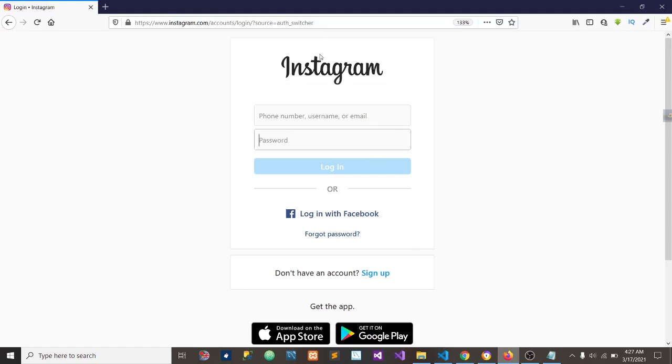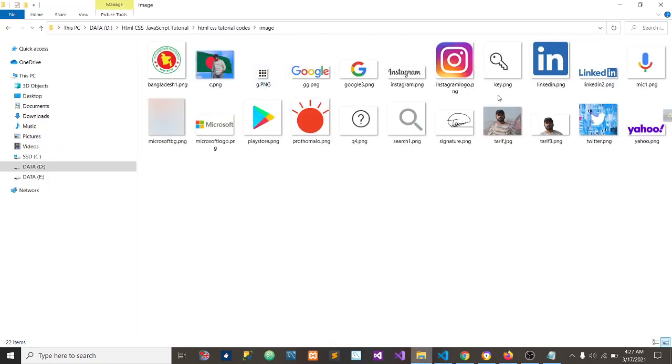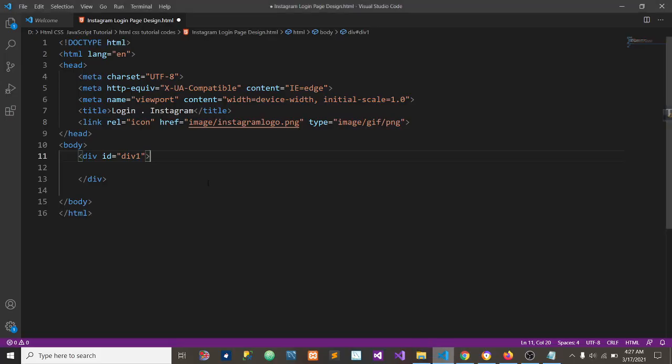So obviously we have to collect the picture we need. We need to collect this picture, I mean the Instagram. So we have already collected this picture. So where is it, yes, this is the picture. So first of all we will add a picture like this. So we will take an image tag. Inside the image tag